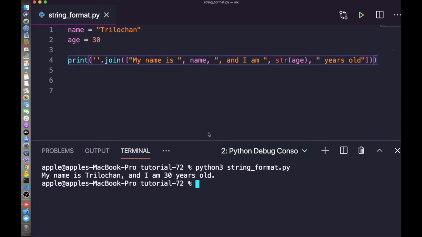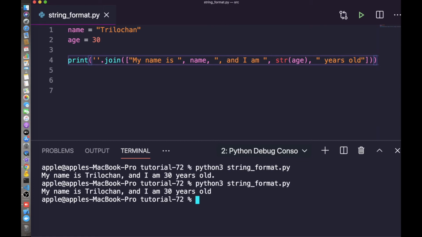This is, I can say, the best solution so far because this is readable, but unfortunately there are a few drawbacks. For instance, we have to convert all our variables to strings manually, right? So this is one of the drawbacks. Otherwise it is very readable, so we can use this format to format a string, right? So this is, I think, the best way.